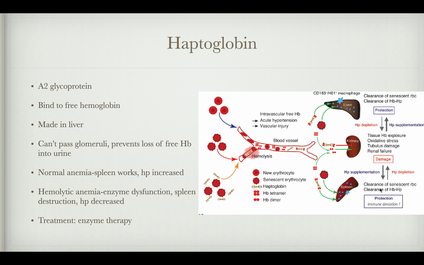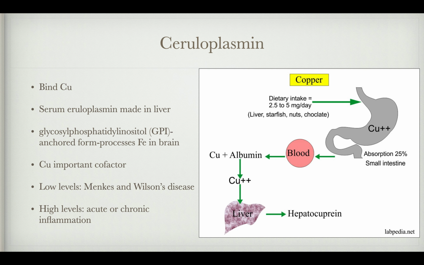As you can see here, it plays a role in all of that: spleen, kidney, liver, and it causes acute hypertension and vascular injury, because the free hemoglobin will cause blockages in the vessels. Okay,